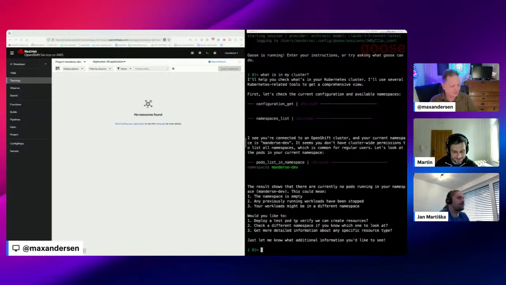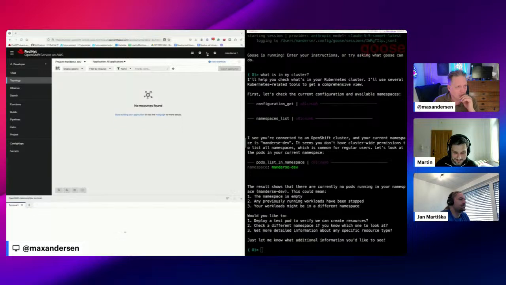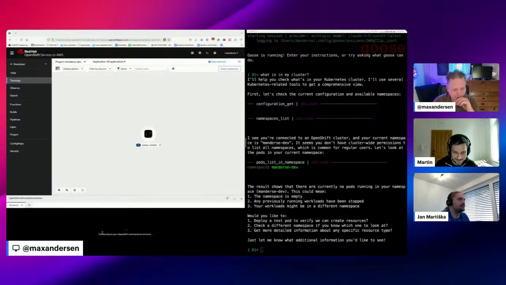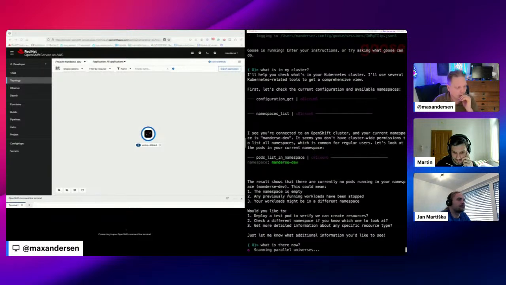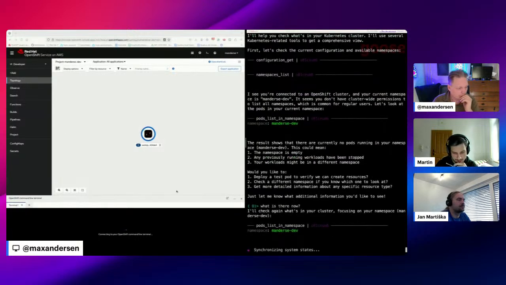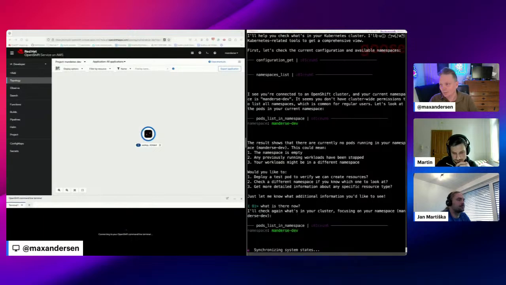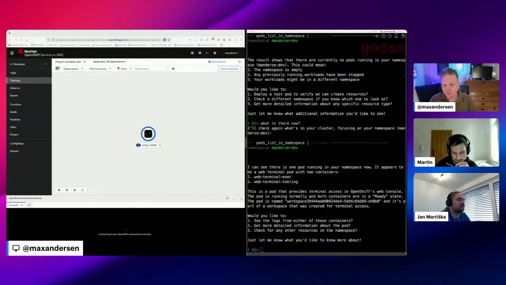It says that the namespace is empty. I have nothing. So I'm just going to create the terminal at OpenShift. And it starts up. And you see it starting this service, and I'll say, what is there now? And there we go. I need to figure out why my computer is suddenly